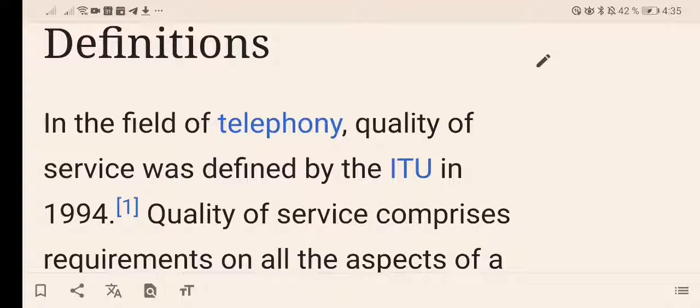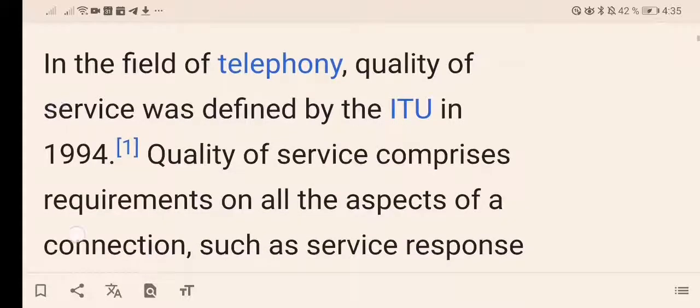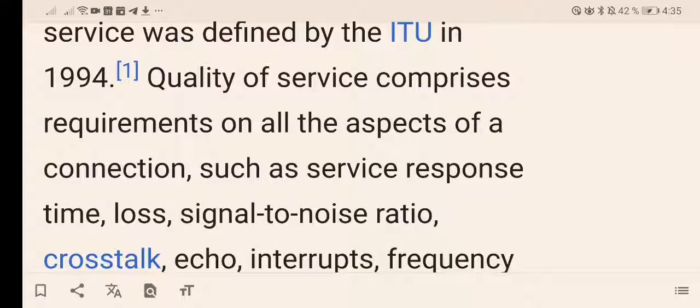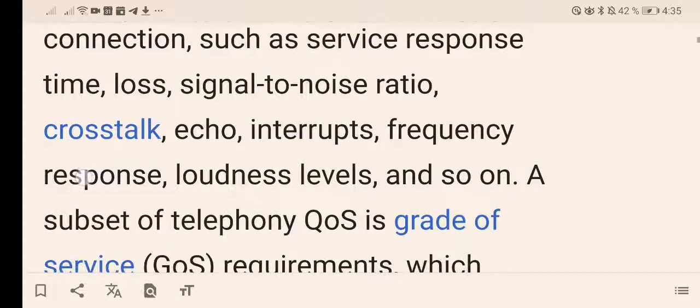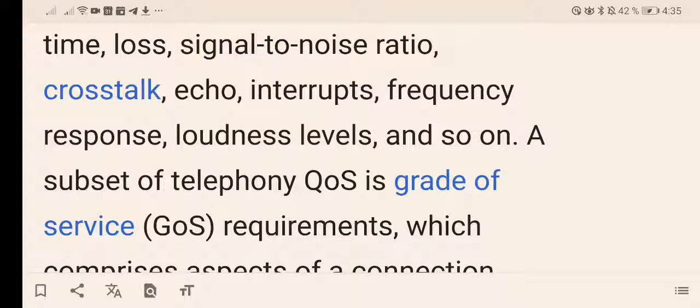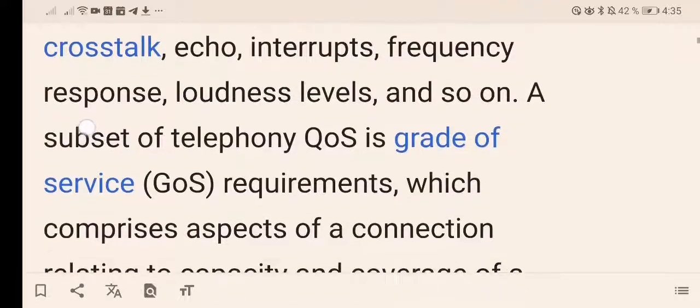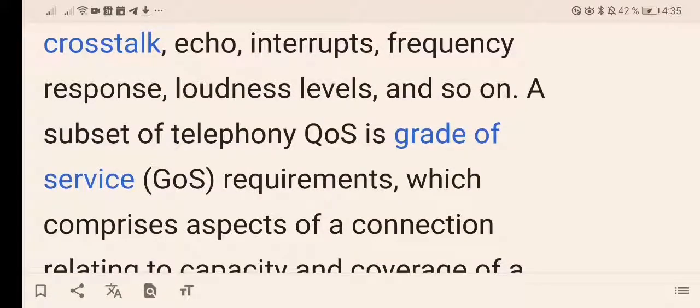Definitions. In the field of telephony, quality of service was defined in the Telecommunications Union in 1994. It comprises the requirements of connection, such as service response, loss of packets, signal to noise ratio, and also consequences of delays. Crosstalk, remember when we said some packets arrive later and then you start talking on top of the other person. Echo, same thing, delaying of packets. Interrupts, because some packets delay too much and then they arrive suddenly and the other person's already talking,